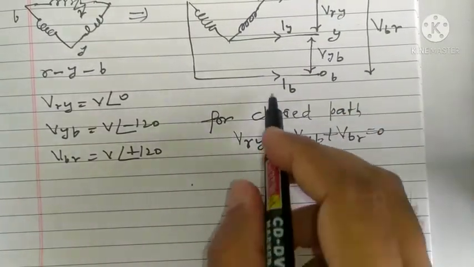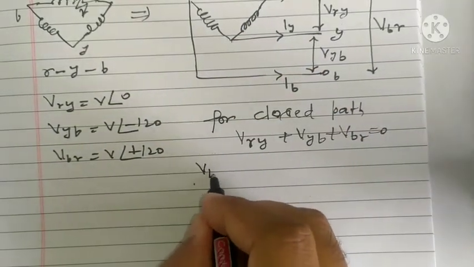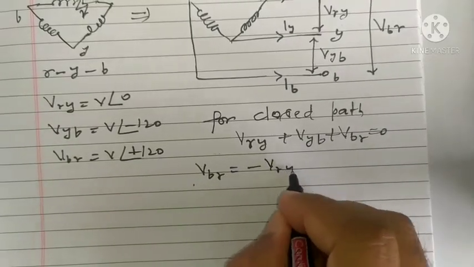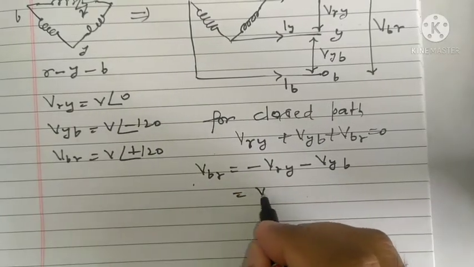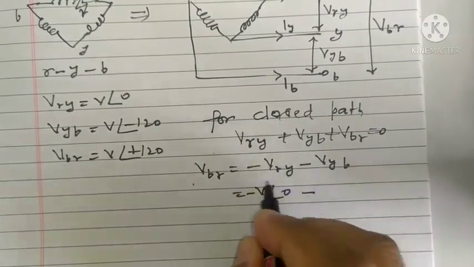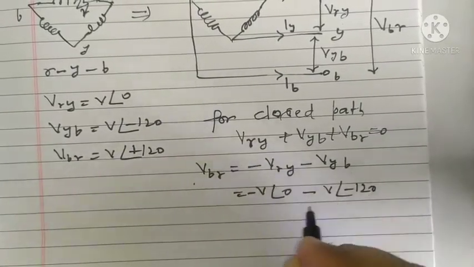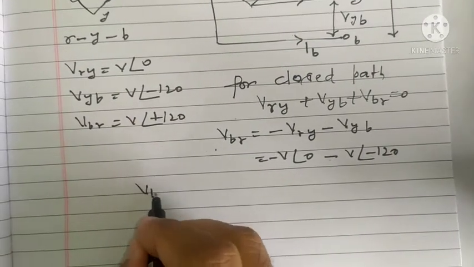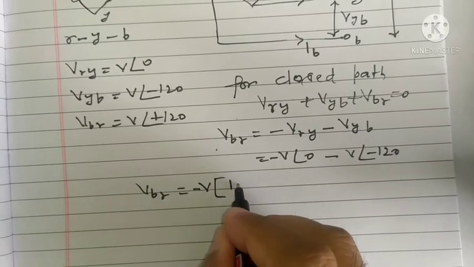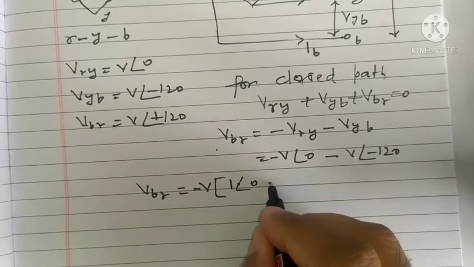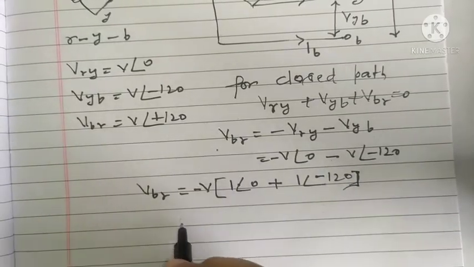I want VBR because that is the voltage across the open terminal. So VBR I can write here, minus VRY minus VYB. Minus VRY is V angle 0, so I will write V angle 0 minus, and minus VYB is V angle minus 120. So I can write here VBR as minus V common, and it is 1 angle 0 plus 1 angle minus 120. So 1 angle 0 is 1 only,